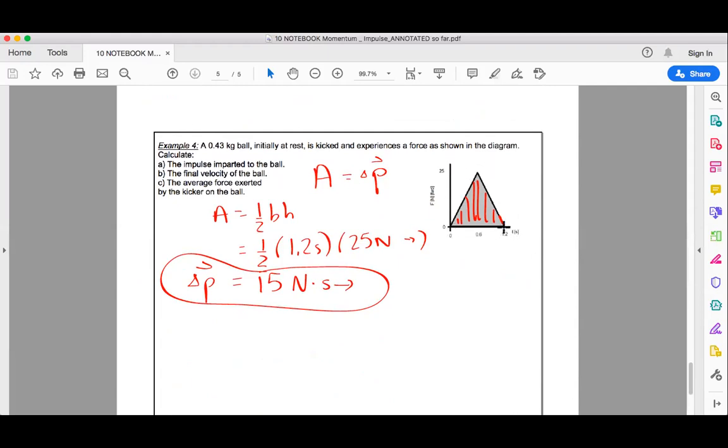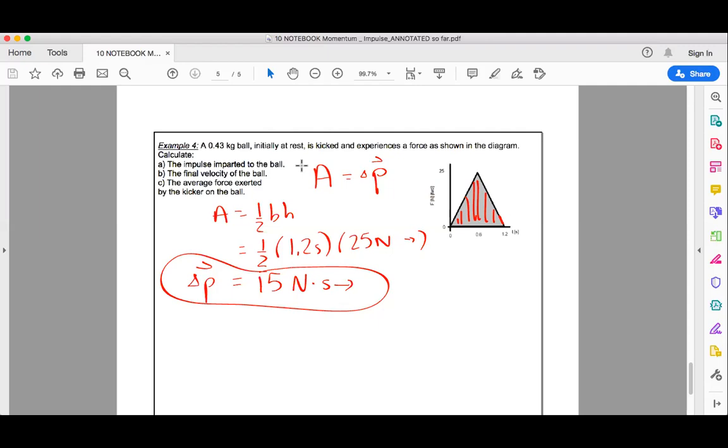So the collision, or the interaction, the force is applied for 1.2 seconds and the maximum force is 25 newtons. The impulse imparted to the ball, so how much momentum is gained by the ball. If it's initially at rest, the initial momentum is 0. So the impulse would just be final minus initial momentum, or just final momentum,